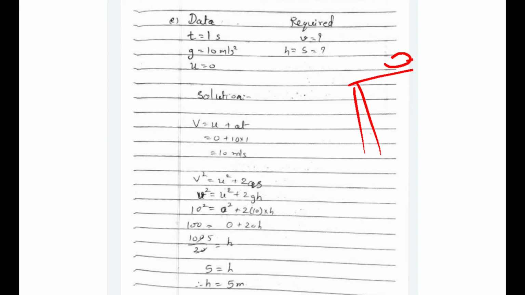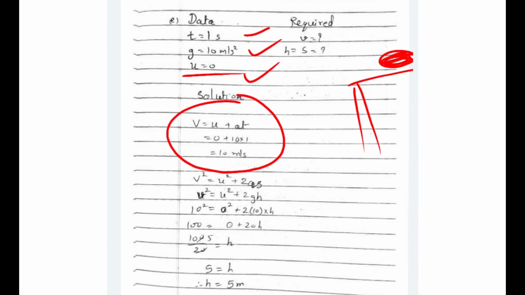So for the velocity we have v is equal to u plus at. Let us understand the data first. Time is given as 1 second, g is given as 10 meter per second square. As the object was at height, when certain things are at certain height, we always take u equal to 0, and we have to find out v and the height, that is s. So first thing which we will learn is v is equal to u plus at. Now here u is equal to 0, so I will substitute here as 0. a I will be taking as 10.